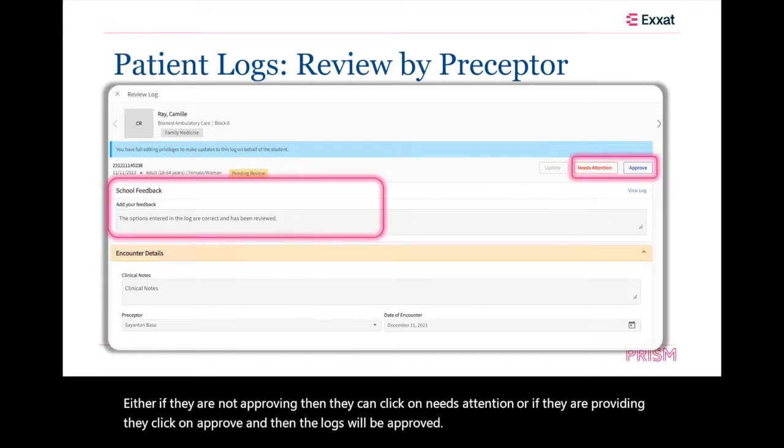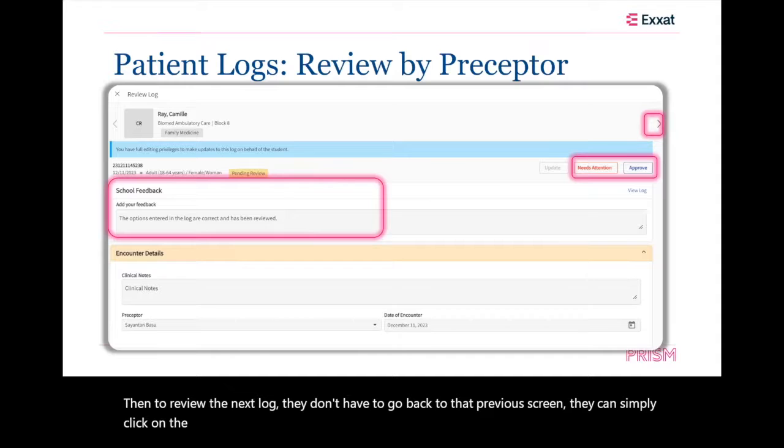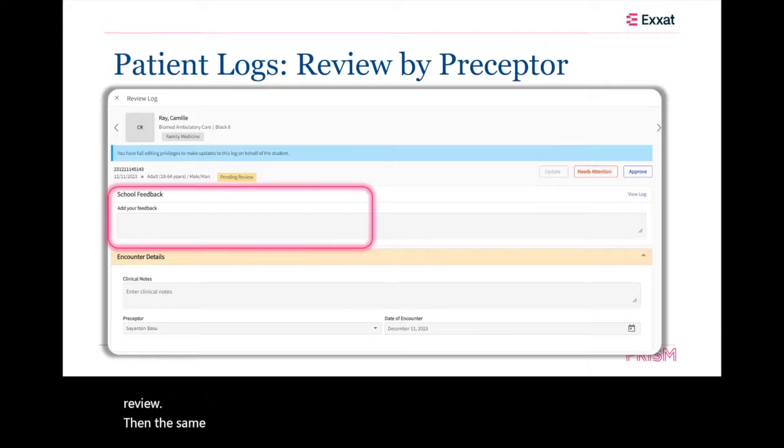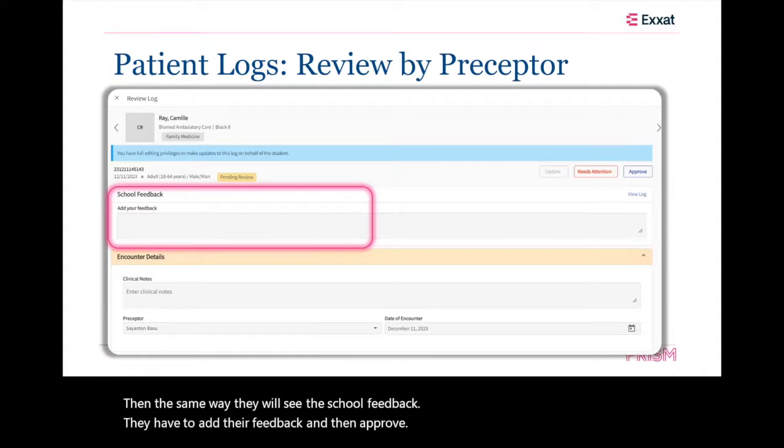Then to review the next log, they don't have to go back to the previous screen. They can simply click on the right arrow, and the system will take them to the next log that they have to review. The same way, they will see the school feedback, add their feedback, and then approve. Once they have reviewed it and submitted their responses,